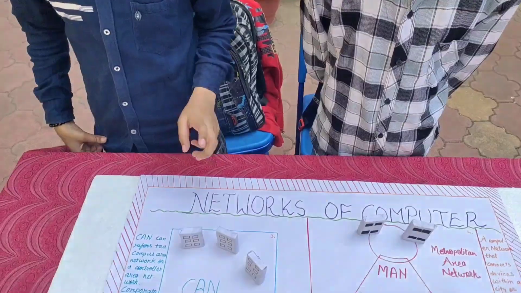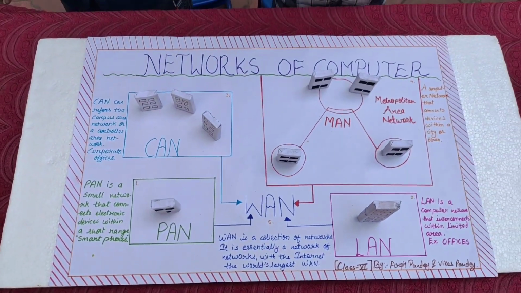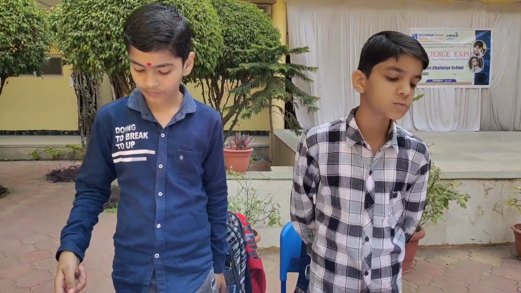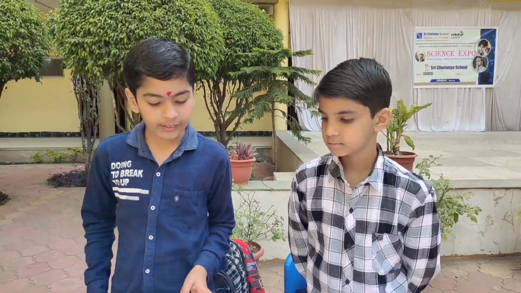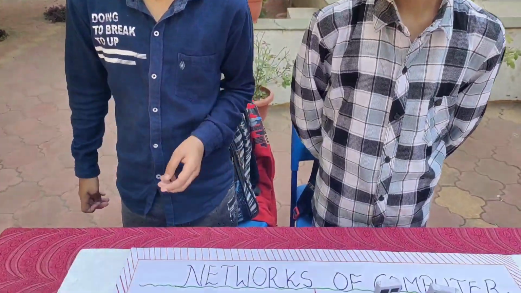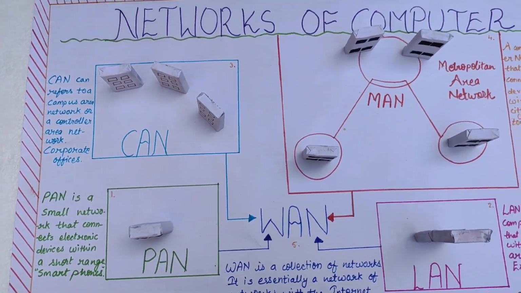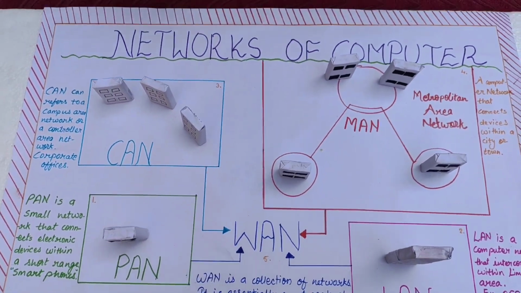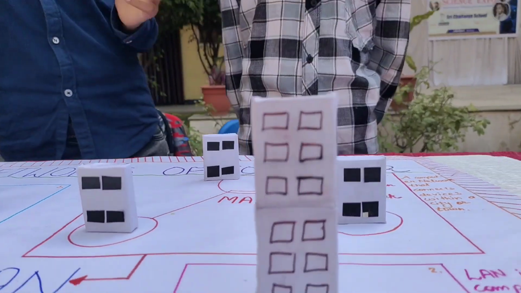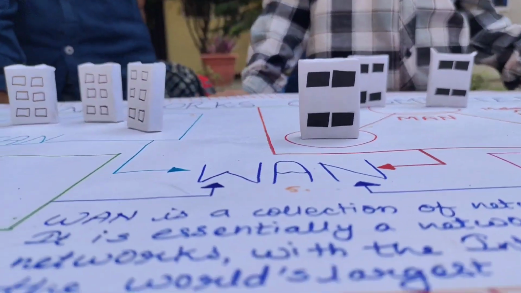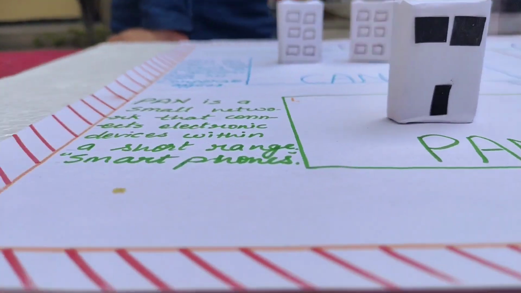The computer project, network of computers. First is PAN, personal area network. It is present in our home. Second is local area network. It is present in our society or business. Third is CAN, campus area network. It transfers data from one building to another. Fourth is MAN, metropolitan area network. It transfers the data from one place to another. It is present in the whole building. Fifth is